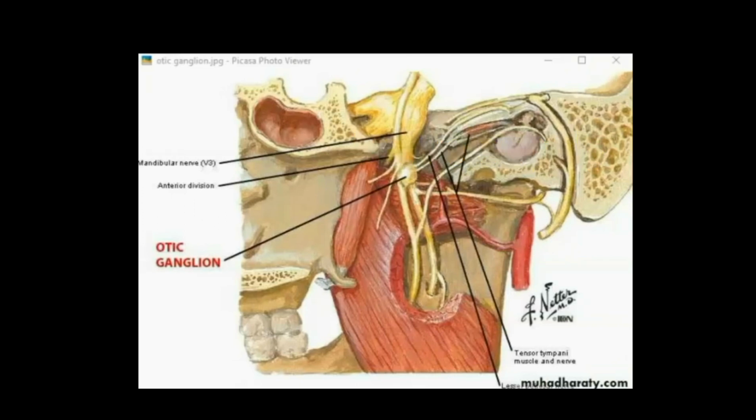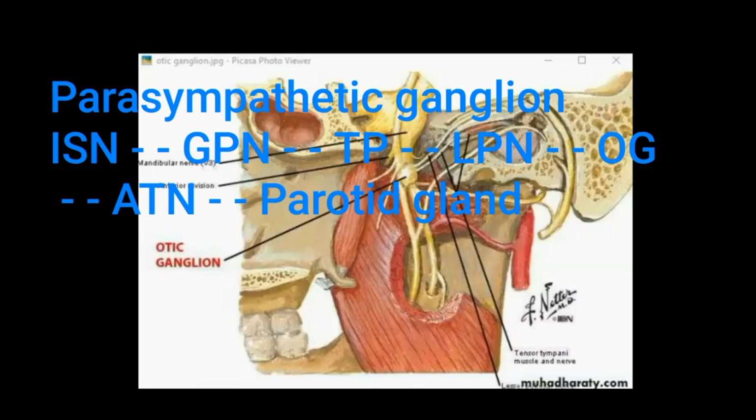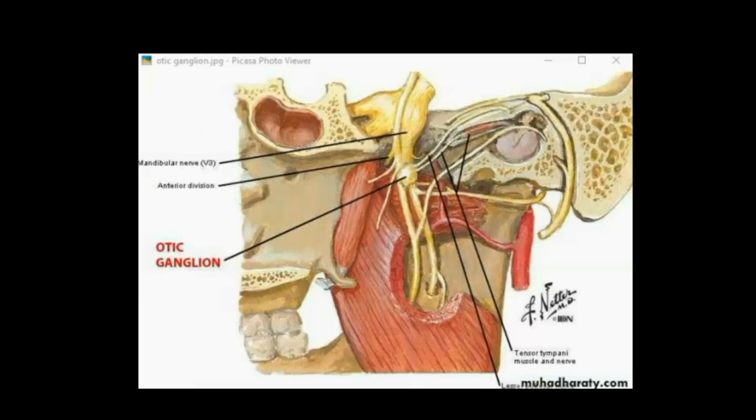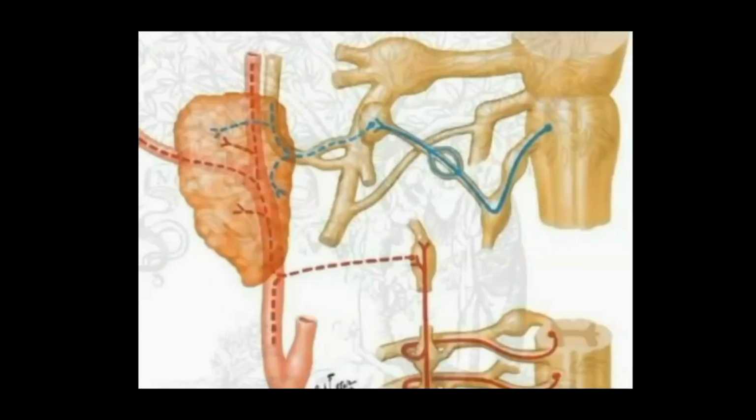And the nerve supply of the parotid gland: it being a gland, it is supplied by a parasympathetic ganglion, that is the otic ganglion. It receives fibers from the inferior salivatory nucleus present in the upper part of the medulla and passes through the glossopharyngeal nerve, tympanic plexus in the middle ear, then the lesser petrosal nerve. How does the lesser petrosal nerve come here? Via the foramen ovale, remember male. Then it joins the otic ganglion; those are the pre-ganglionic pathway. You can see the dotted blue line there, that is the post-ganglionic pathway, carried by the auriculotemporal nerve, branch of the posterior division of the mandibular nerve, supplying the gland.